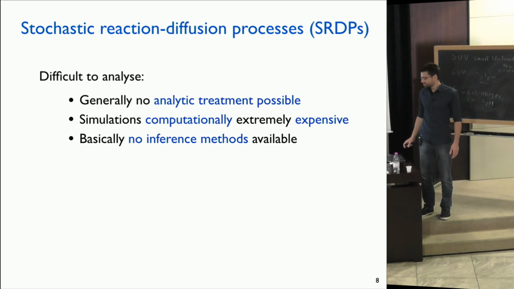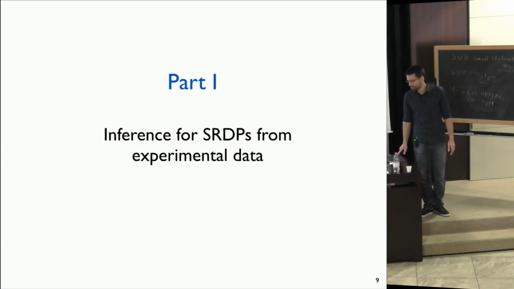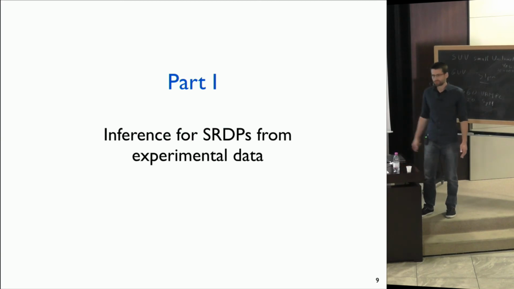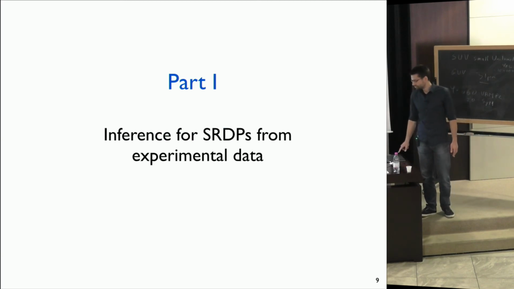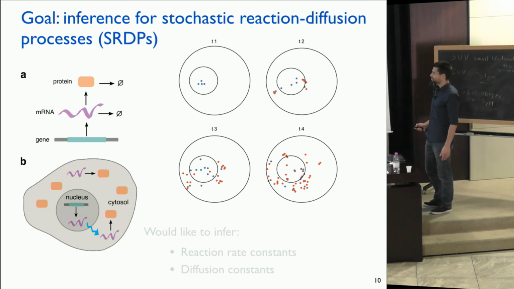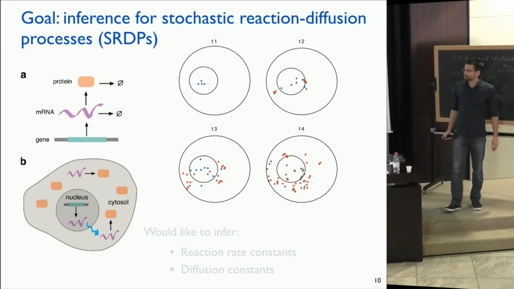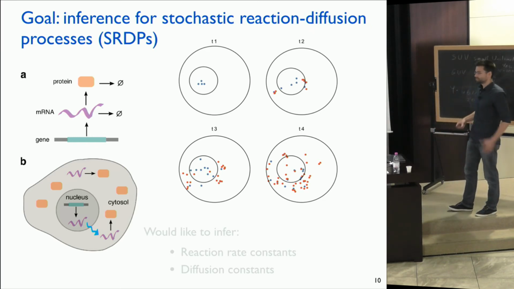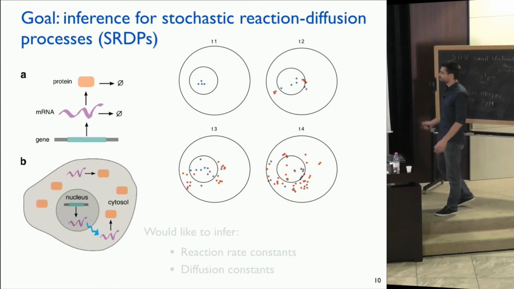And this last point is exactly the first part of my talk. So how can we do inference for such spatial stochastic models? And let me first make clear what kind of inference problem I'm talking about. Let's assume that we have a cell with a nucleus. The gene produces RNA. The RNA becomes translated into protein, and the protein and RNA can decay. And now suppose we have measurements of the system, spatial measurements at discrete time points. So at discrete time points we get spatial points in space.